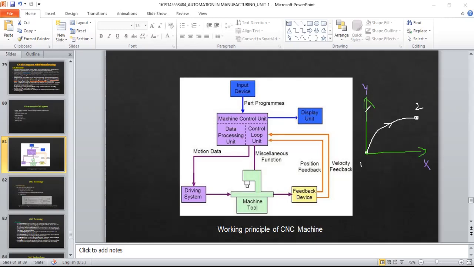Apparently, the rate at which Y is moving is more than X, isn't it? So the Y motor has to move a little faster. How much faster has to be decided by the control unit. That's what it does. That data processing unit decides how much speed should be given to the Y-axis servo motor, and how much